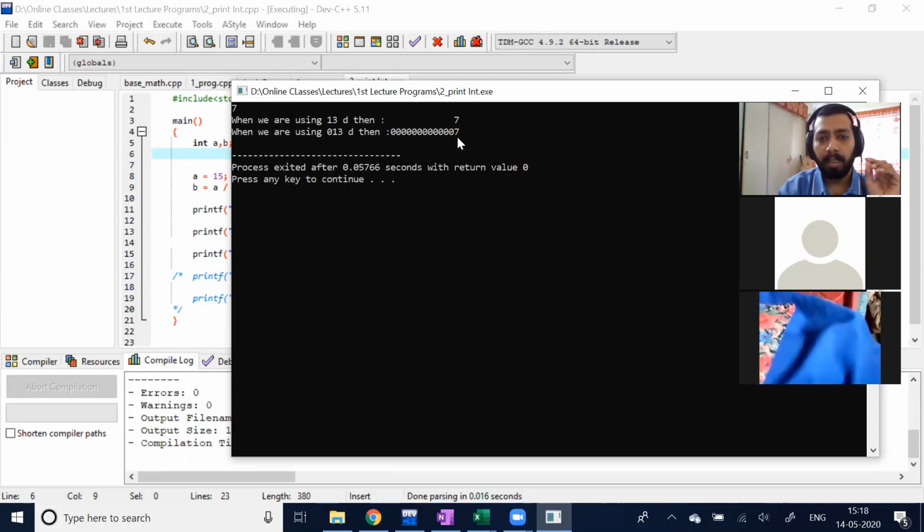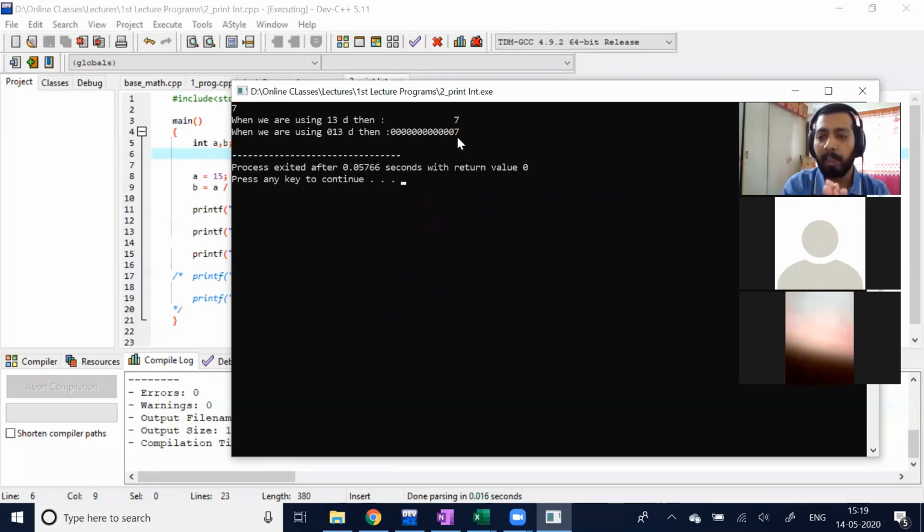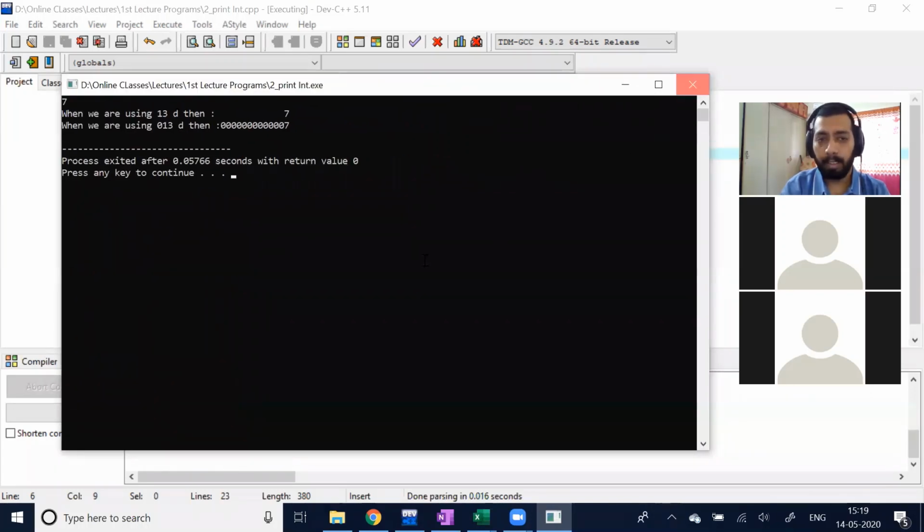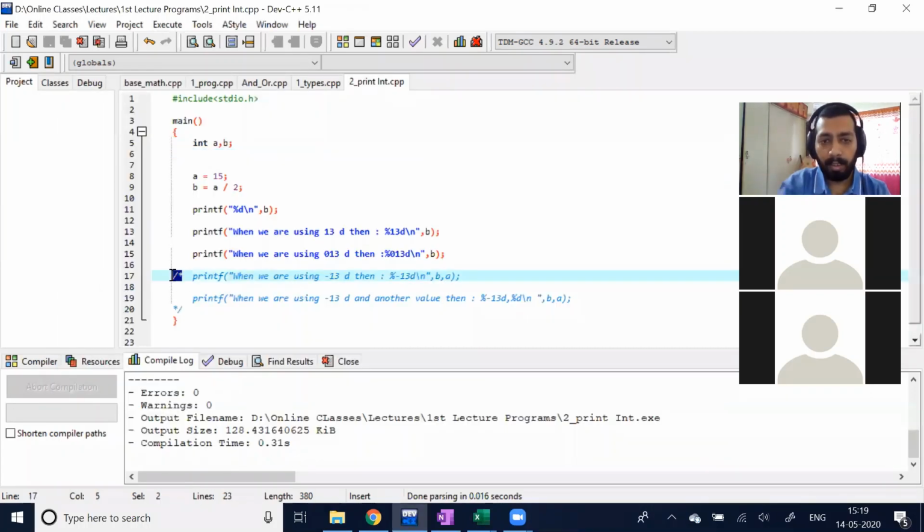So that means 13 space is fixed. First 12 spaces, the number is only 7. So remaining spaces are 12. Those 12 spaces are filled by 0 only. Fine. In the next two lines, you will see I am using